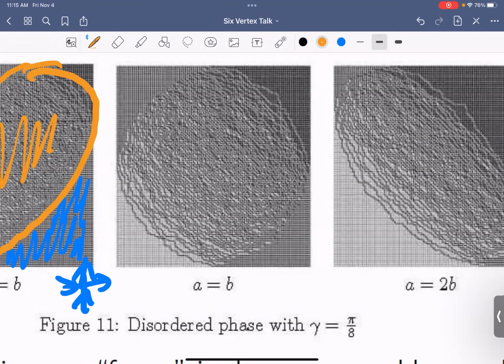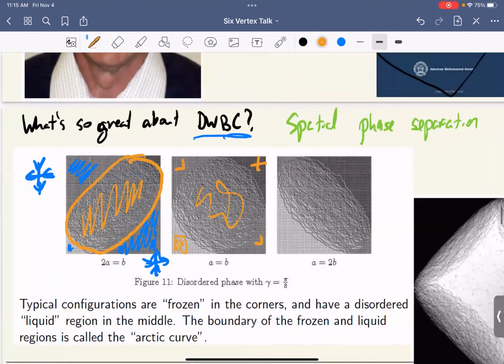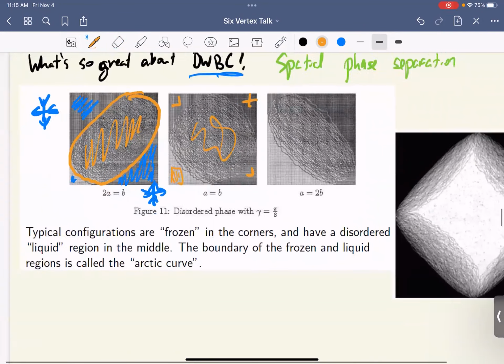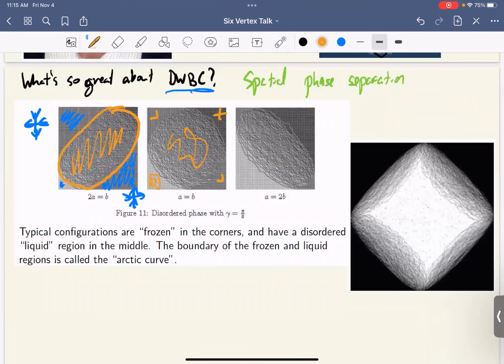And so, yeah, I guess here is where there's no lattice paths at all. So that looks empty. Here they're dense, and here the lattice paths are just turning everywhere, and here is where they're all mixed up and disordered. Does that work? Yeah. So these are three pictures that they generated in the disordered region.